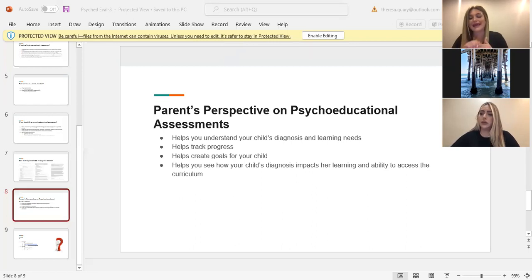Number three is anytime there's any kind of big change that occurs in your child's life, whether it's some kind of trauma, or any kind of big change they're experiencing. It could be loss, parents getting divorced, parents reuniting, whatever it might be. It's always good to reassess and reestablish where your child is at, so that we can better understand how to provide assistance and further help them.